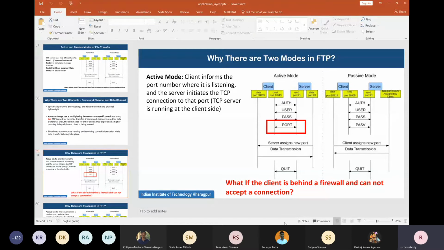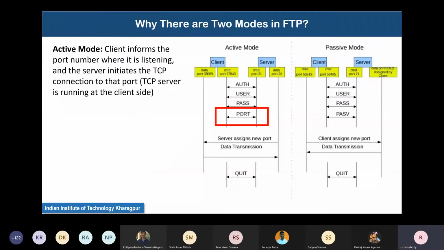What we had studied is the active mode, which is shown on the left figure, same figure. At some point in the active mode FTP, the PORT command is issued by which the client informs the server that a data connection has to be initiated by the server at some port. In the diagram, that port is 38069, and the server initiates the data connection, outgoing from TCP port 20 and incoming on the client side, a TCP connection at port 38069.